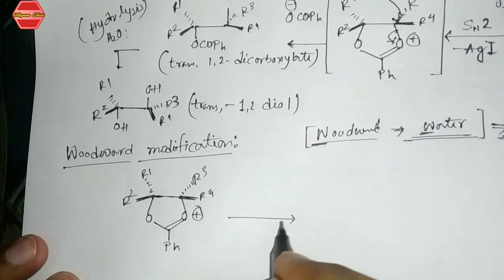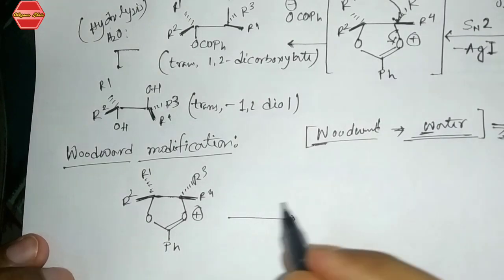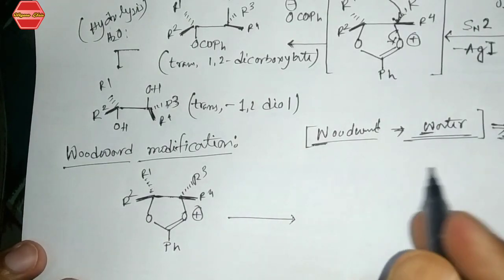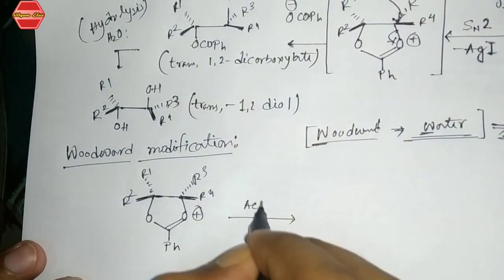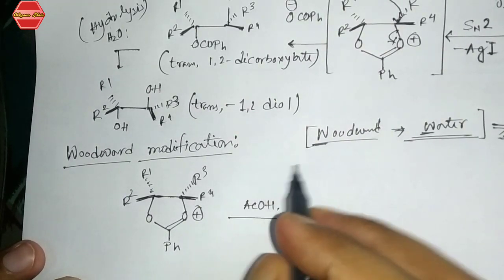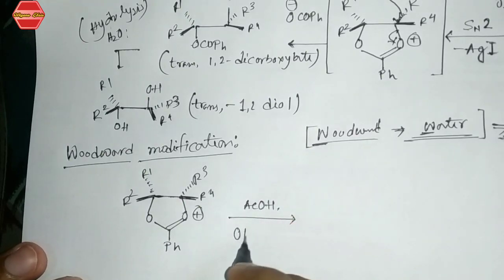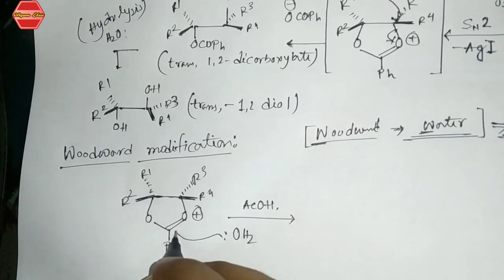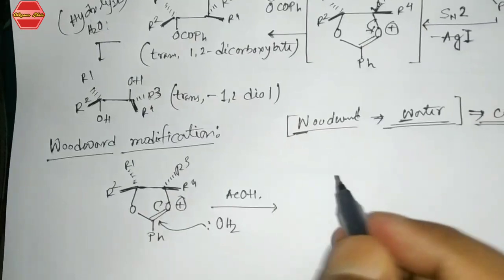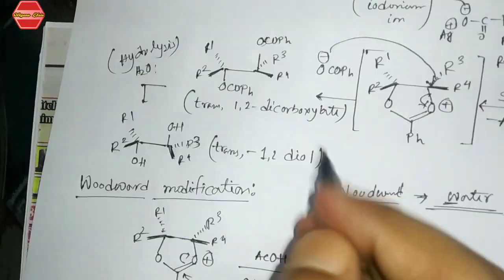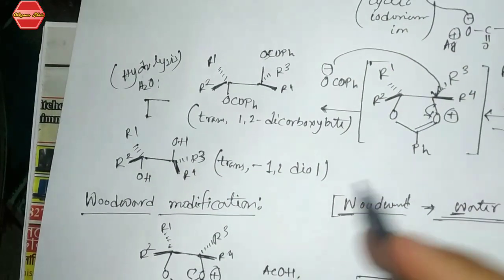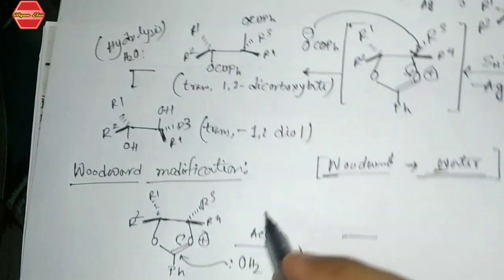Now in this step we are using water and acid, that is AcOH. So water is present in the medium, and the oxygen of this water has a lone pair of electrons, which will generally attach to the center, and these bonds go over here, and finally we get the product. Now see why this COPh will not attack over this center, why water attacks this